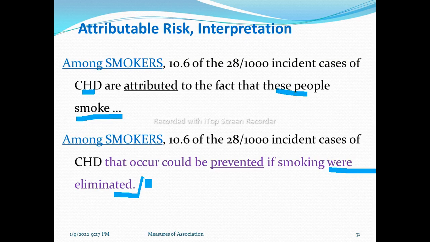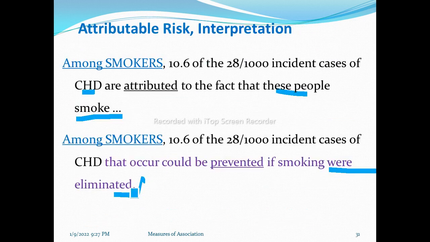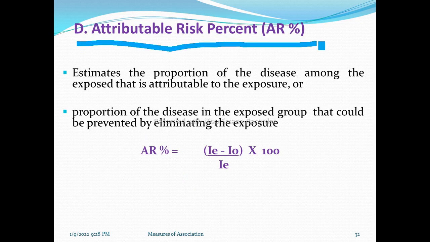So this is a very important concept. This is all about the attributable risk. Now we are starting attributable risk percent. Attributable risk percent is the fourth parameter. It estimates the proportion of the disease among exposed